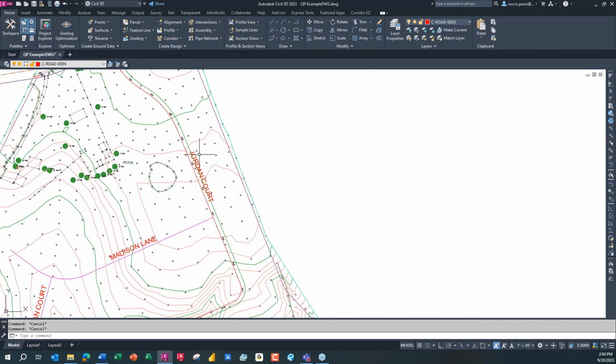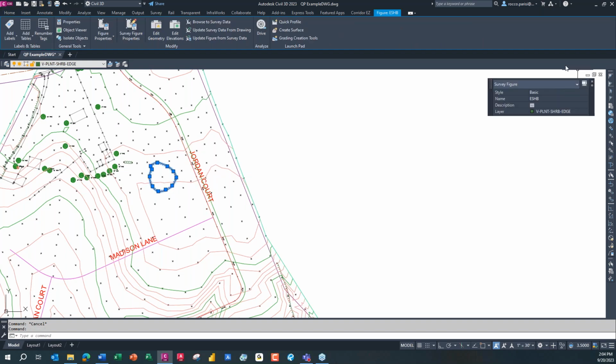And quick properties is great. It's exactly as you see. As I pick on a basic polyline here, it can bring up some basic information about whatever object you have selected on screen. I'll show you how to turn it on and how to set your default options in just a minute. But what I think throws people is they look and go, well, okay, it gives me